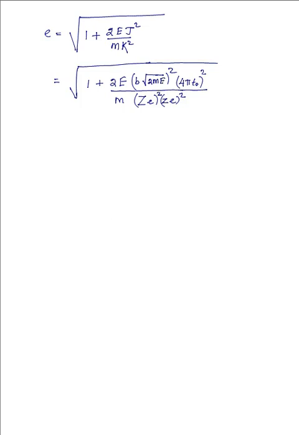So with all those values there, what we get is e to be equal to, finally, 1 plus 2e times b over 4 pi epsilon naught divided by z times z times e squared, and this entire thing will be squared because you can see the masses cancel out, and well, we could have multiplied the 2 with 4 to get 8 over there,